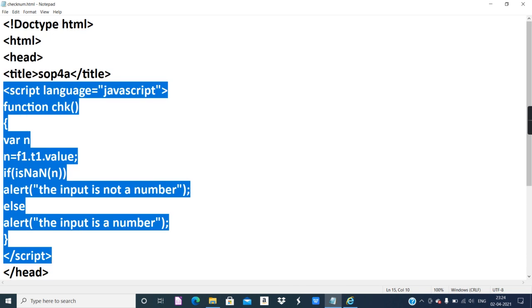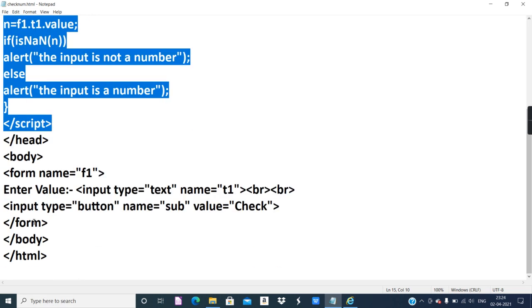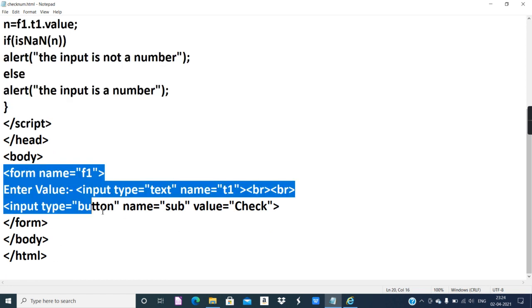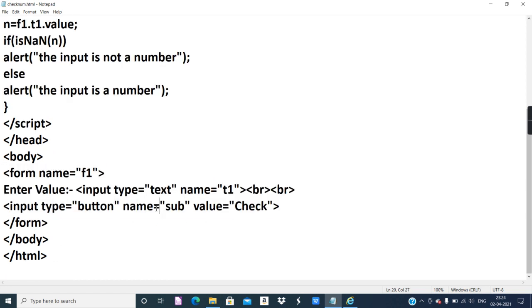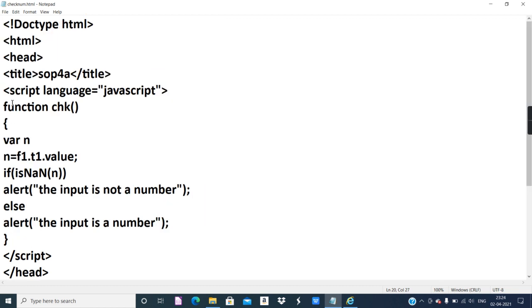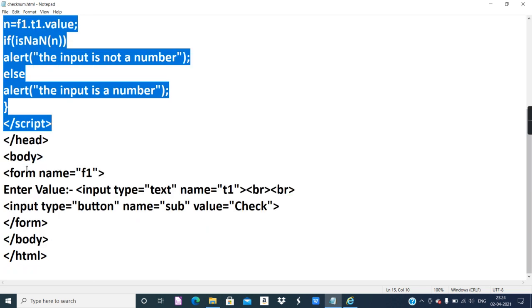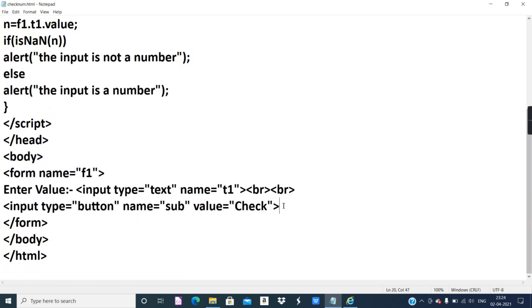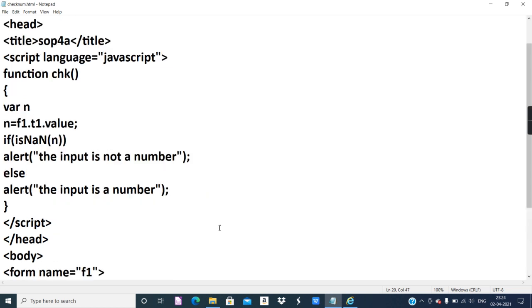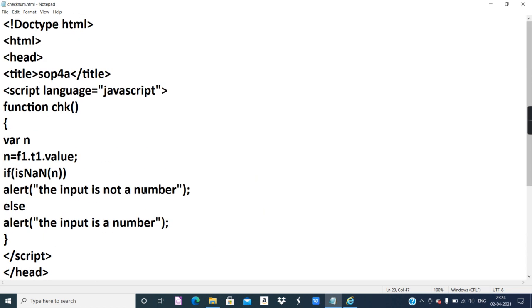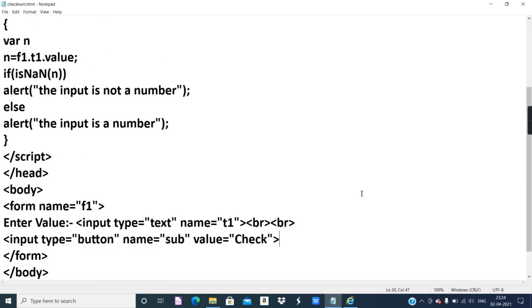Script tag can be used inside the header section, that means inside the head tag or inside the body tag. Till now we have used it in the body tag only, but for event driven, the body already has the form. This part can also be put inside body. You may say if it can be used inside body, then why can't we use it? You can try to execute in that manner also, but this is how it is done in the textbook.